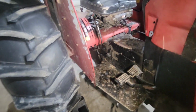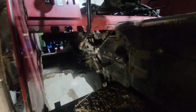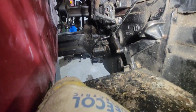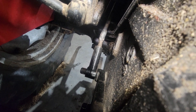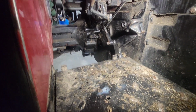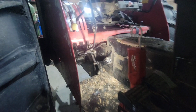This tractor, like many others, does have a diff lock. 4 or 5 years ago it broke though. This lever is your diff lock, and this rod goes to the back of the diff and actuates it. It broke. You can see there I welded it back together because they no longer make them. So now I just gotta adjust it to the right length, and that's back working,